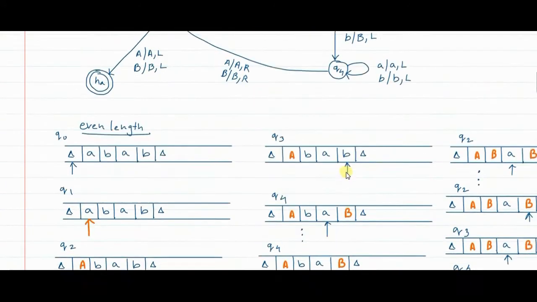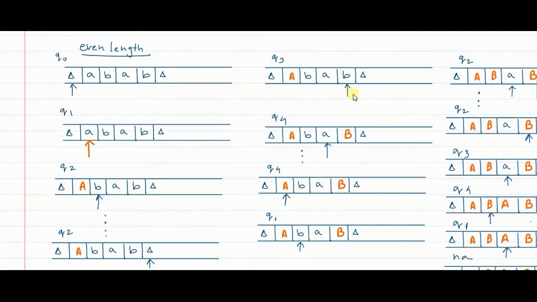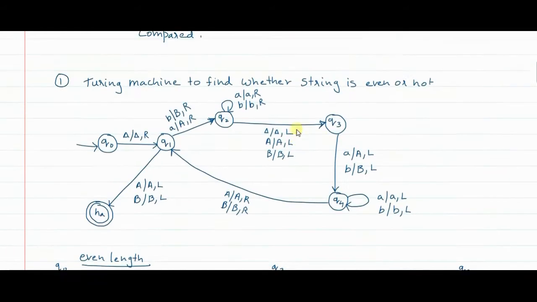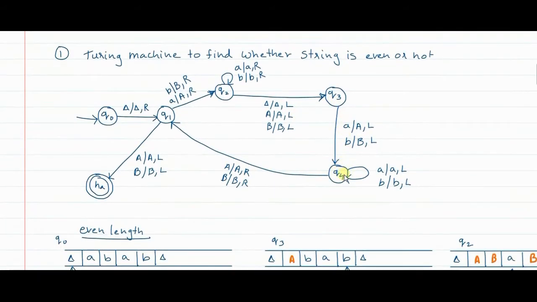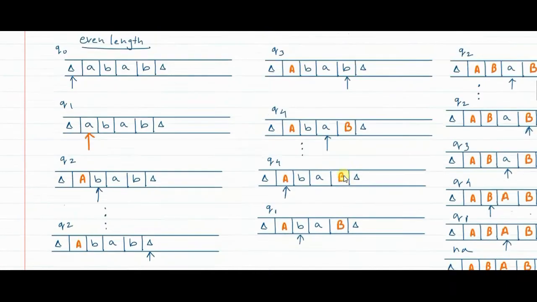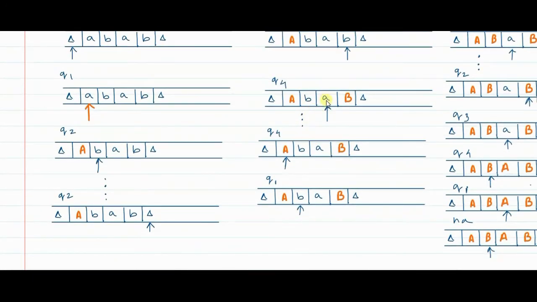So far whatever we have found is even length. So in Q3 state, b is replaced with capital B, pointer moves to the right, and we are in Q4 state. Now in Q4 state, again whether it is A or B, you ignore the small a's and small b's on the way and just go on moving to the left. So you see here there is A; A you ignore, point to the B; B ignore, point to A. You have ignored A and B in the same state, and finally in Q4 state A is the current symbol being read.